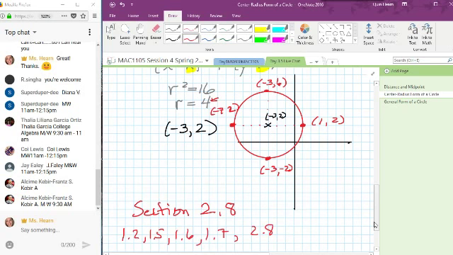Okay, so we've learned distance and midpoint. We've learned center, radius, form of a circle. And then the last thing we need to talk about is, oh, and by the way, we're not going to work a problem like this, but one